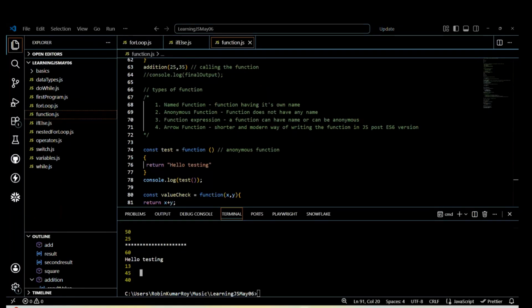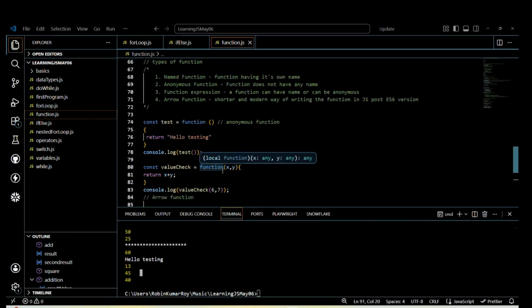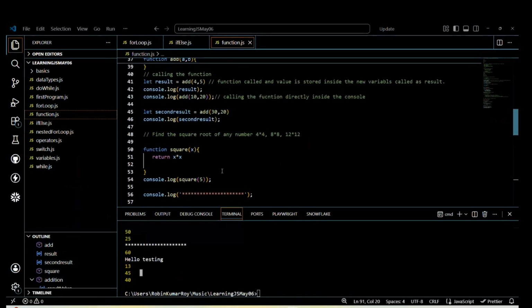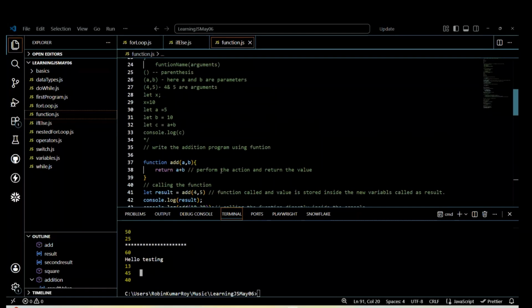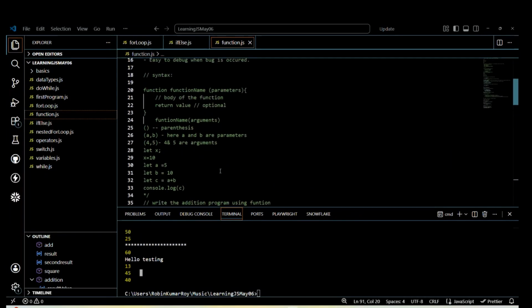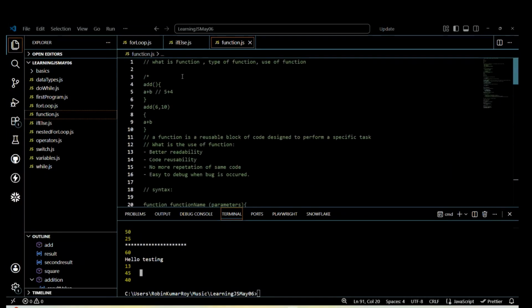I know it will be blank for some time. Initially, you'll not be able to understand what the function is, but as soon as we start using this in our real-time program, you'll be able to understand. But I believe whatever I have explained so far, you should be able to understand what a function is. Function is nothing but a reusable block of code designed to perform specific tasks and can be used multiple number